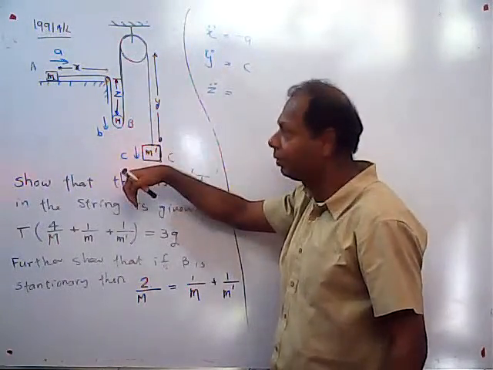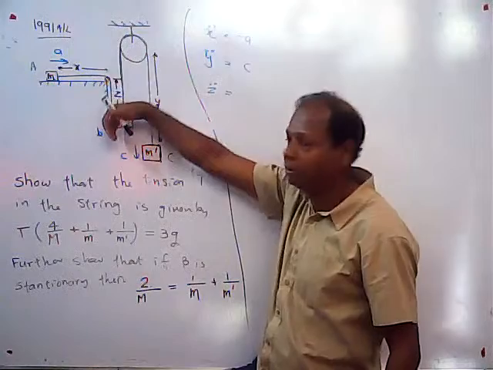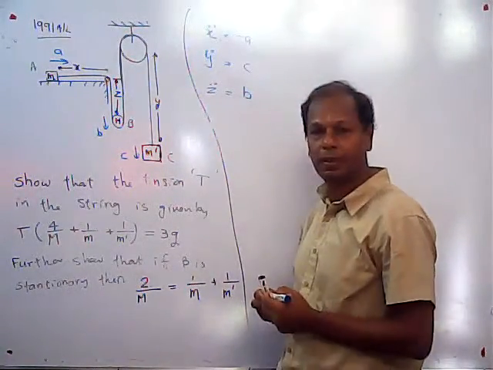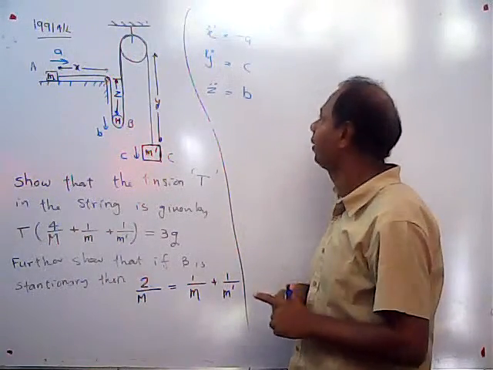So y double dot is equal to c. Similarly, z double dot will be equal to b. Okay, and